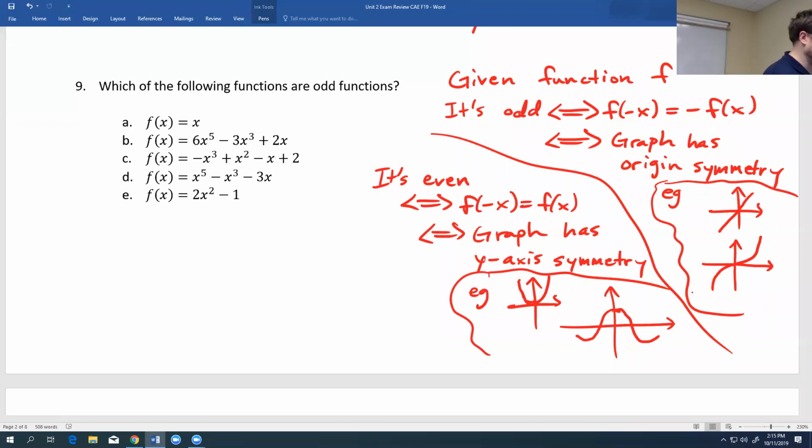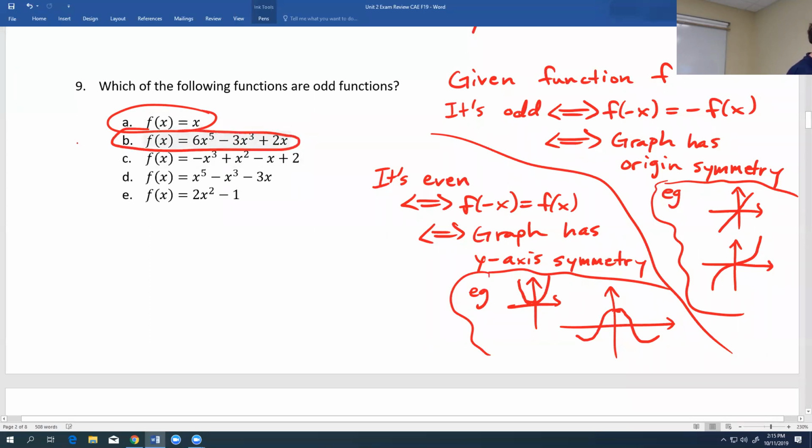Okay, so which of the following functions are odd functions? So what's the degree on x? That's the only term. Okay, so what's the degree here? 5, next, 3, next, 1. Are those odd? They're all odd, right? So if they're all odd,